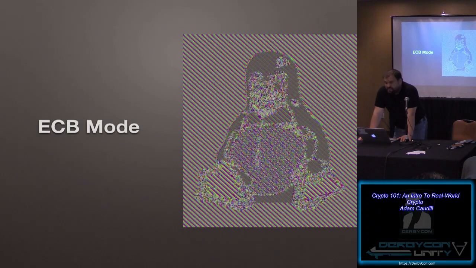What you're seeing here is the amount of structure that is being leaked. For some types of data, the amount of structure can reveal what's actually in there, as you can see here. At one point, sometime back, I was doing some research on Snapchat. As an interesting note, they use a hard-coded key in the application to encrypt their images before they're sent to the server. Their images are encrypted in ECB mode.